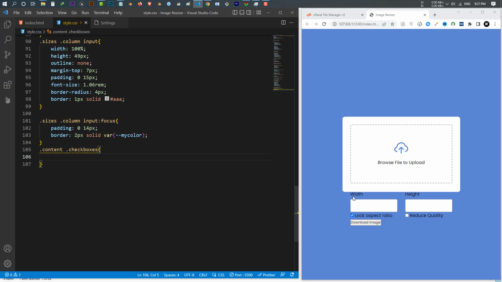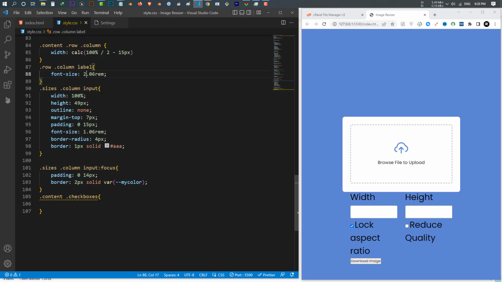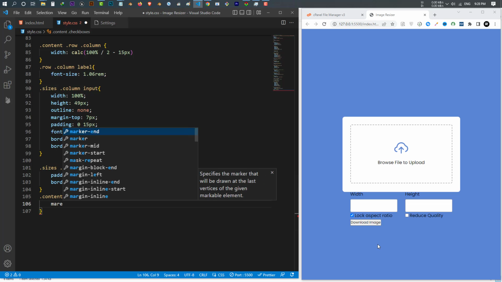But before that, let's see why these labels didn't change. Let me see. No, yeah, they are changed. Okay, that's the size for that one. Okay, the checkbox. What I want for the checkbox, first let's give it a margin at the top,